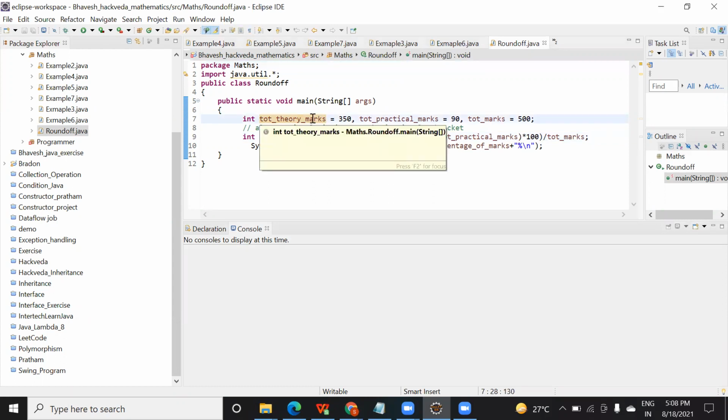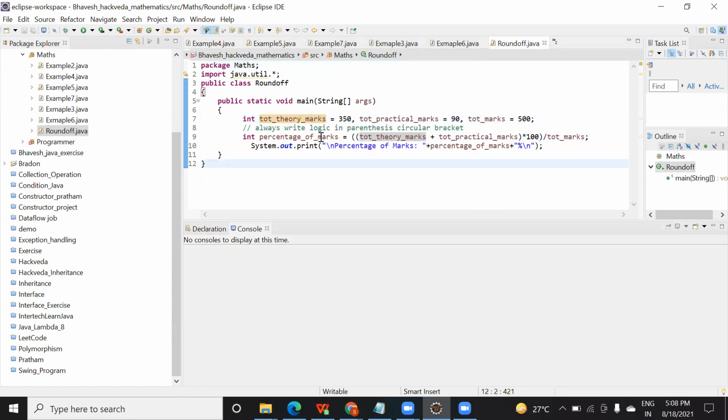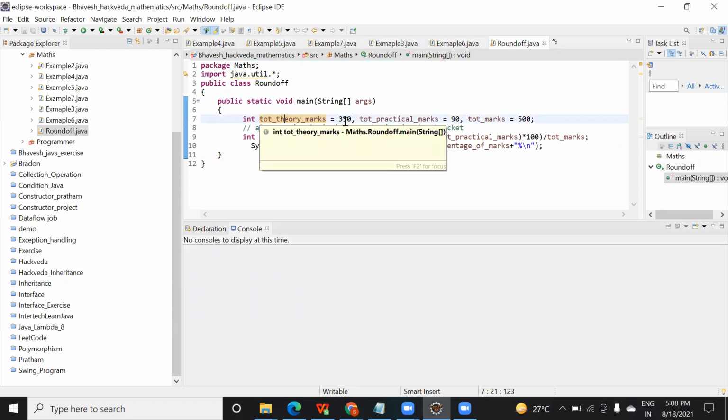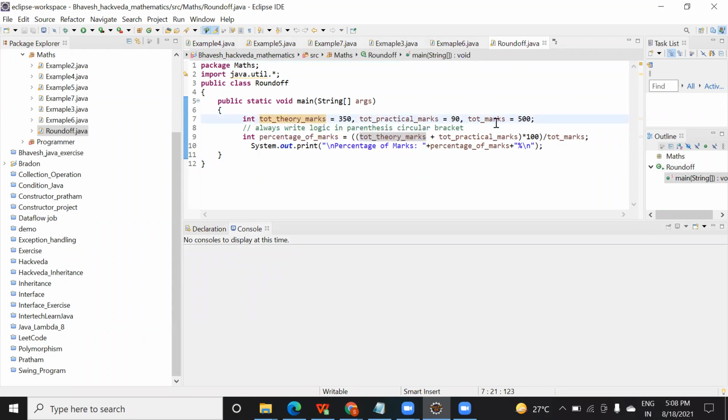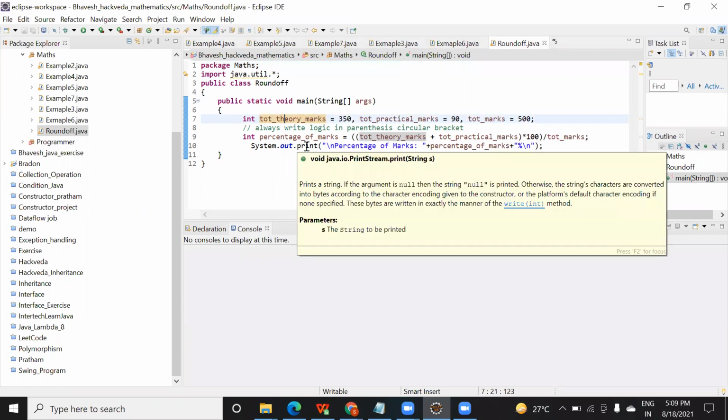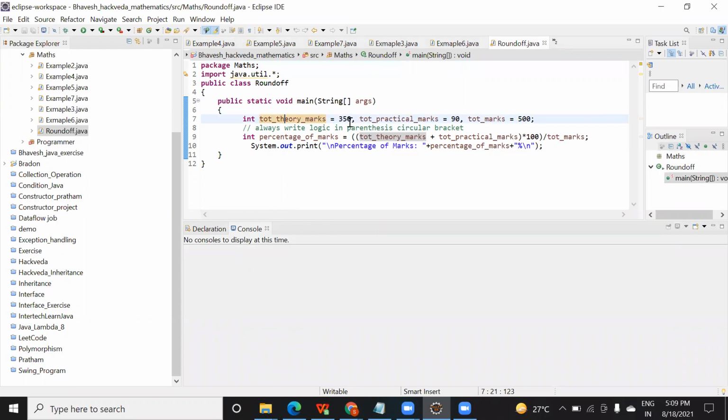It is an objective question, so they will mention the values, like here as integer: total theory marks 350, practical 90, total marks 500. They will not give you a question where the values are not given. You have to place the values inside the expression and calculate.